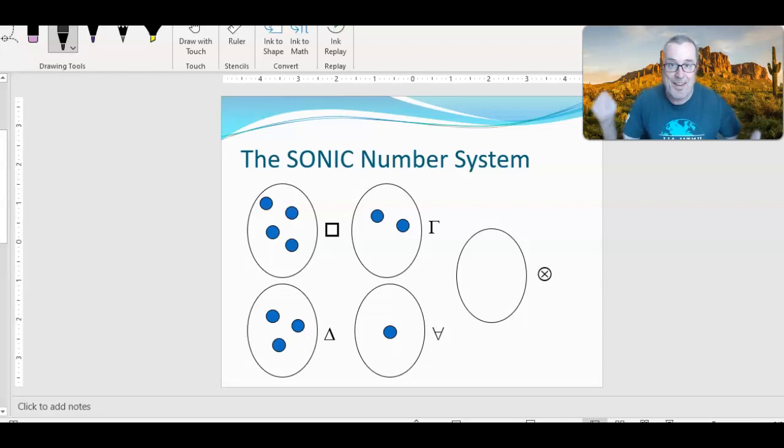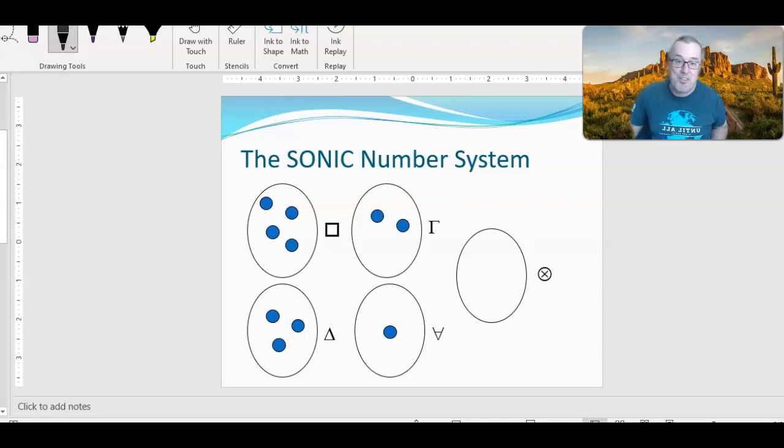And away we go. We are going to engage in the development of the idea of place value, and I need to do it in a way so that you feel what it would be like to be a young learner who doesn't know all this stuff already, to think through what place value really means. And so the way we're going to do it is I'm going to introduce to you something that I just made